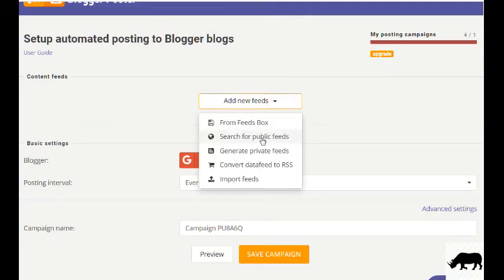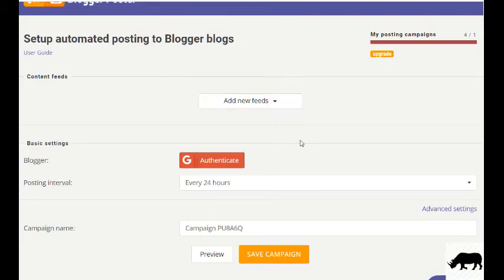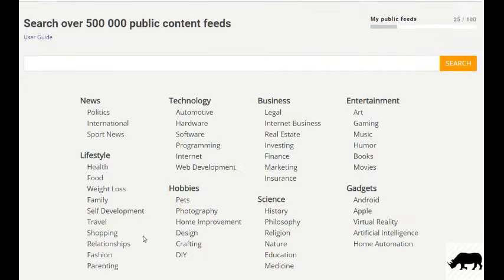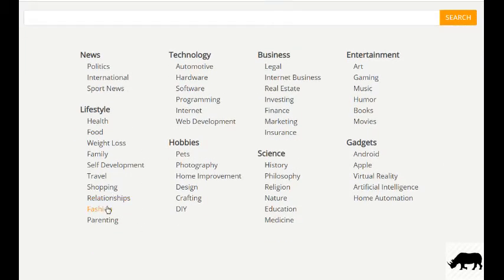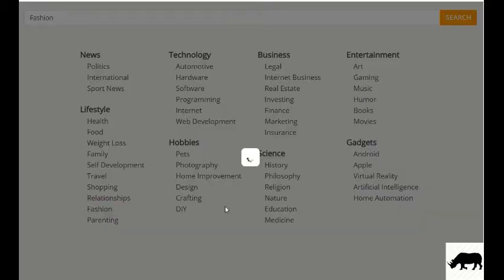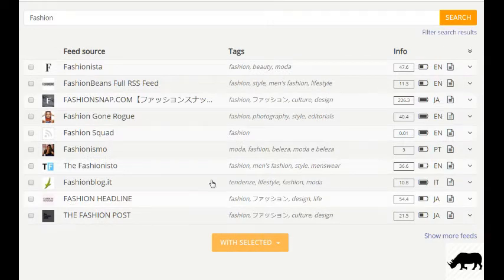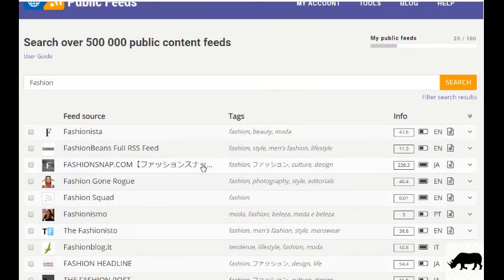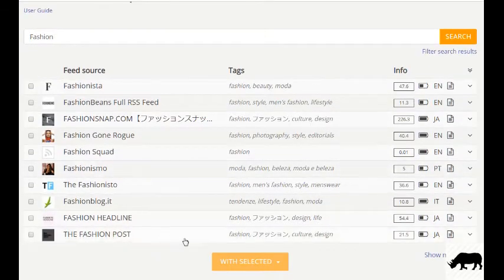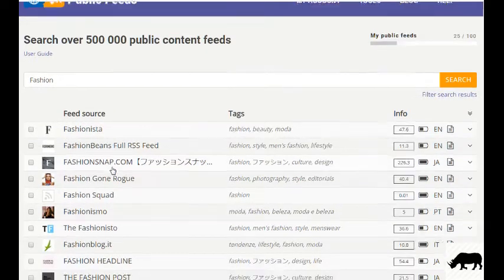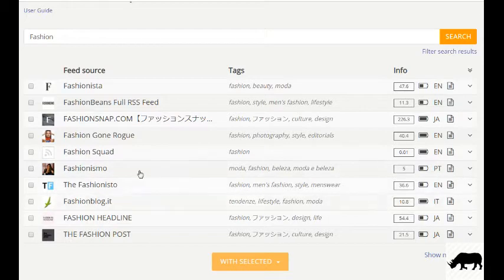You select search for public feeds, and from here I'm going to select fashion. On fashion there are many auto permitted posts available. Look at this: fashion gone rogue, fashion squad, fashion SMO, the fashion is 2.